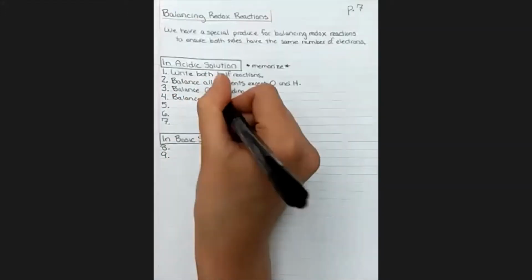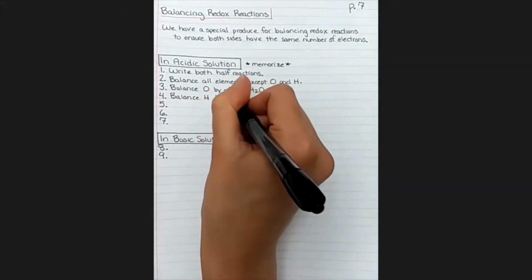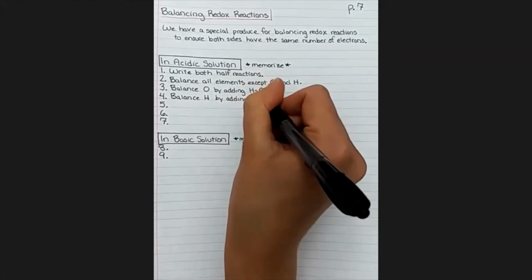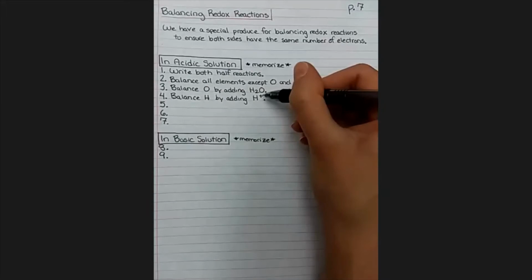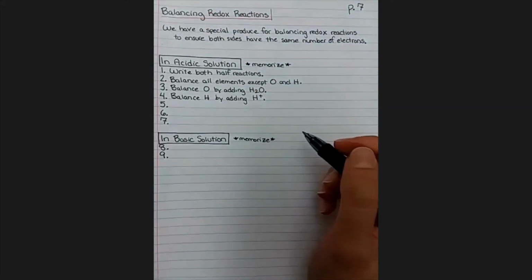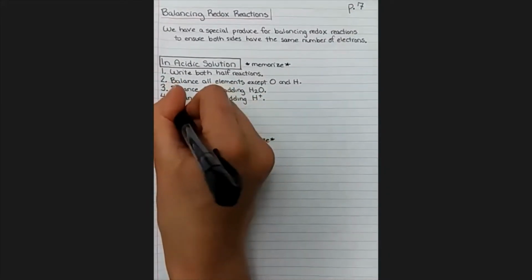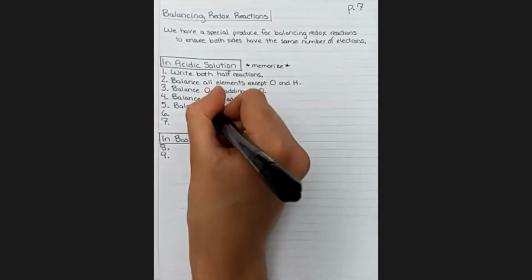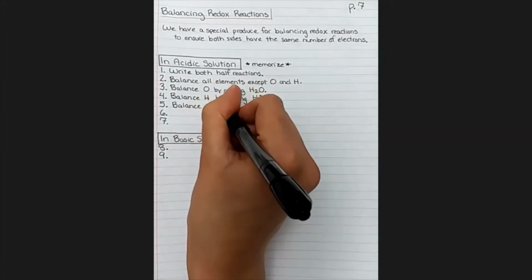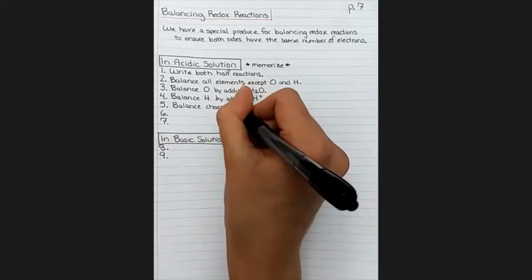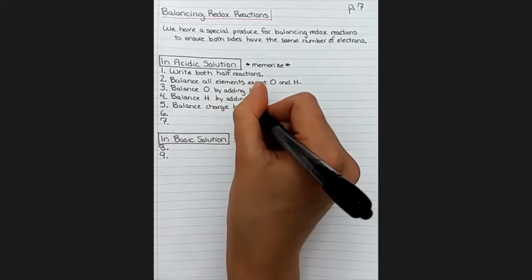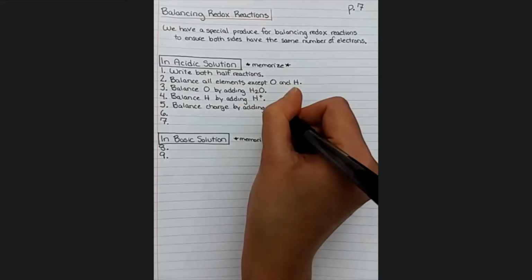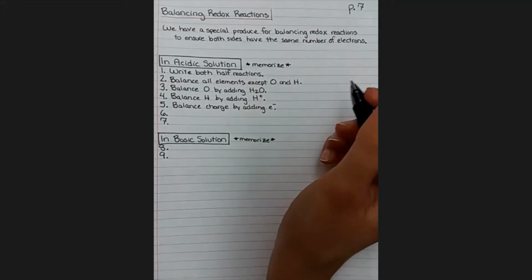And instead of adding a coefficient in front of anything with a hydrogen, we're going to specifically add in H pluses, because H pluses are present in acidic solution. Finally, we'll balance our electrons. So we'll look at the charge of each of the components, and we will add electrons as needed to one side until both sides have the same charge, because we have to balance the charge just like we balance each